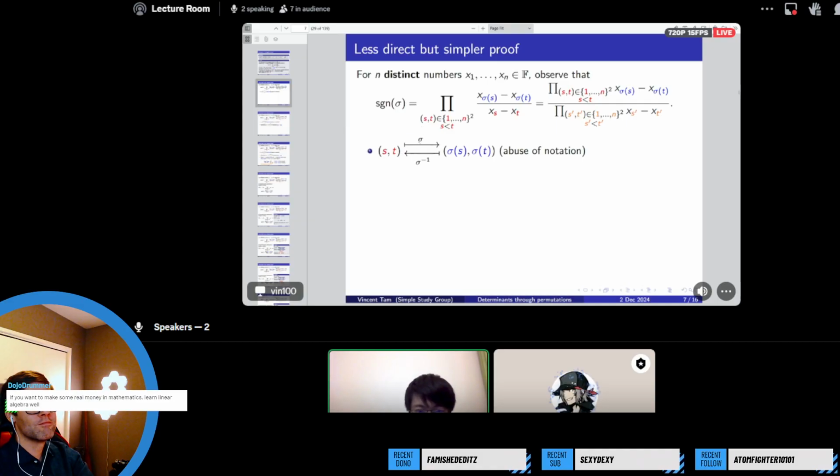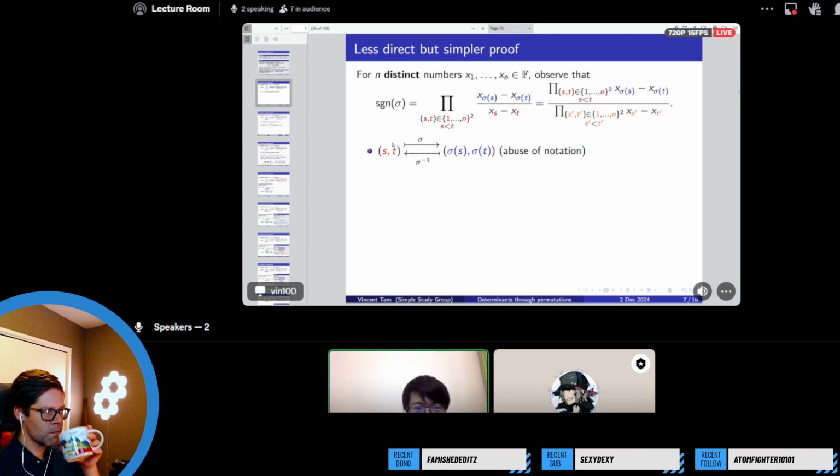So we are abusing the notation here. Actually, sigma should be a function taking one particular row index to another row index. But here, because we are using division, we are assuming that we have a field value here. I'm abusing the notation and using this on a two tuple here. This is not a two cycle. This is a two tuple.